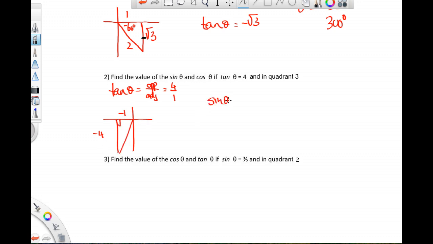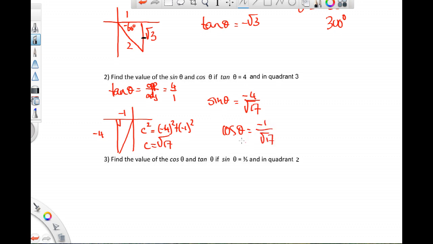So the sine of the angle would be opposite over the hypotenuse, and I don't have that yet. So the hypotenuse here, let's call that c, right? So c squared would be a negative 4 squared plus a negative 1 squared, 16 plus 1, so c is the square root of 17. This one's always positive. So there's your sine,